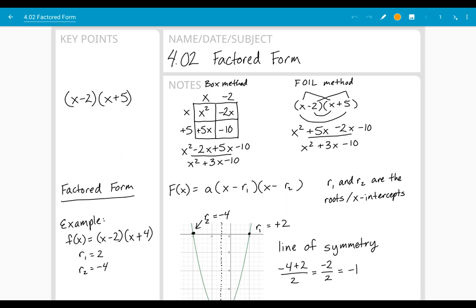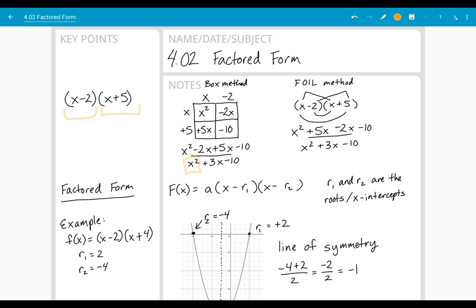Recently, we reviewed the fact that two binomials, those are these things with two things inside, when multiplied, create an expression that has an x squared term in the front, especially if you have an x multiplying an x. That's the typical way you're going to see it, although we might mix it up and put some numbers in front of them as well. Now, because it creates an x squared term, this would also be a quadratic equation and would graph as a